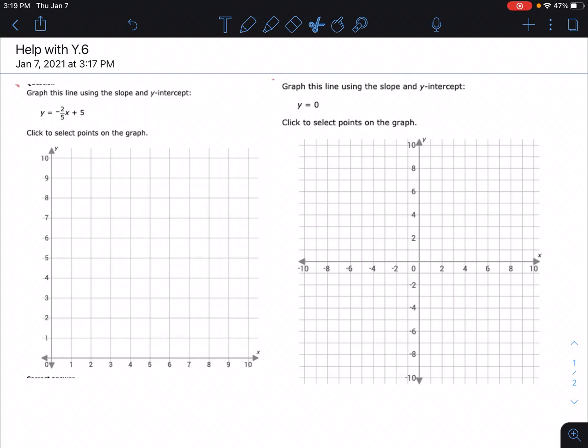Hey, so a couple of you are still having questions about how to graph an equation that is in slope-intercept form. So remember, slope-intercept form is y equals mx plus b. M is our growth rate, or our slope. B is where we begin